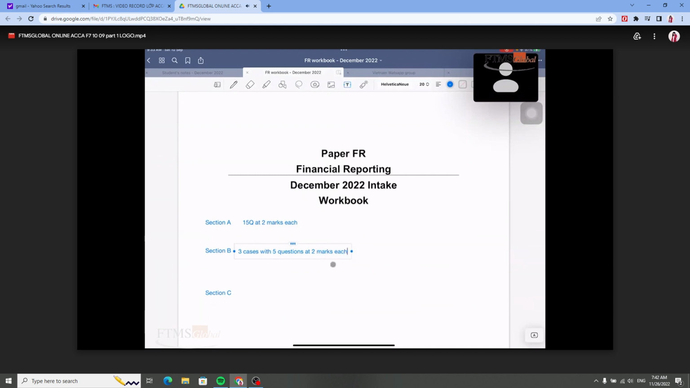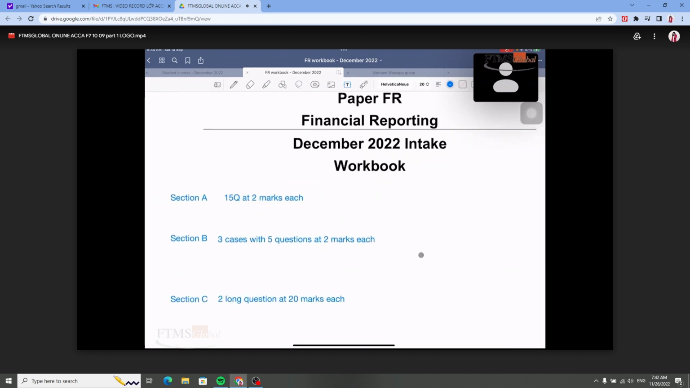Section A, 15 questions at 2 marks each. Then section B, we have 3 cases with 5 questions at 2 marks each. And section C, lastly, is the 2 long questions at 20 marks each. So this will be the structure of your exam. You have section A, section B, and section C. If you ask me what's the difference between section A and section B,